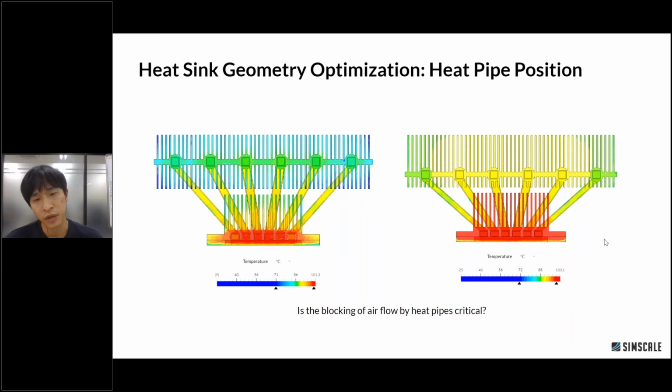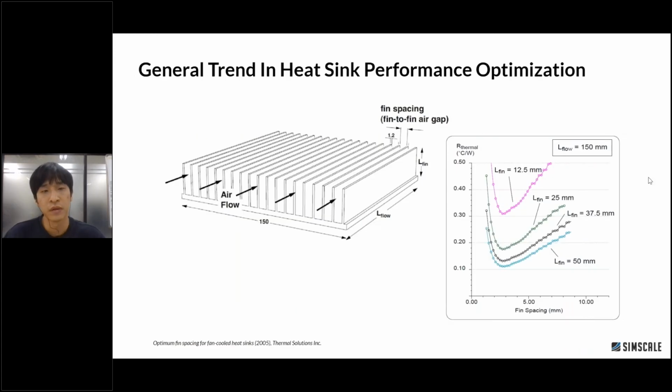It seems like it adversely affects the entire cooling performance of the heatsink, because the temperature of the CPU increased by about 2 Celsius degree. So in order to understand this result, we checked relevant literature, and we could also draw a similar conclusion from the literature study. For example, the graph excerpt from this reference suggests that the combined thermal resistance of two heatsinks of 25 millimeter height, which is half of